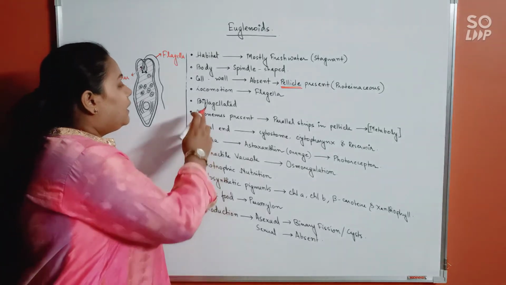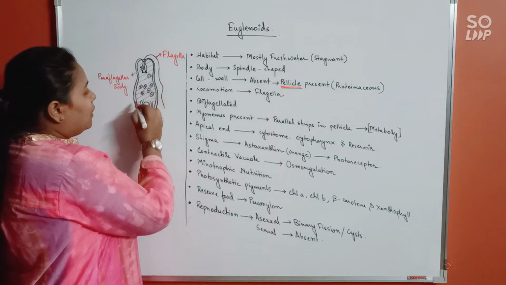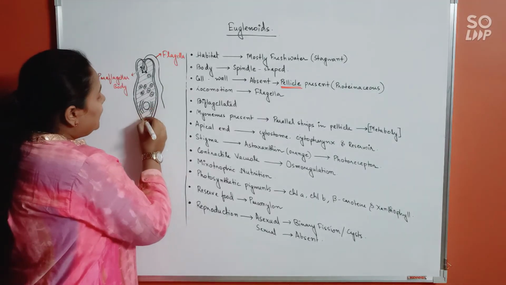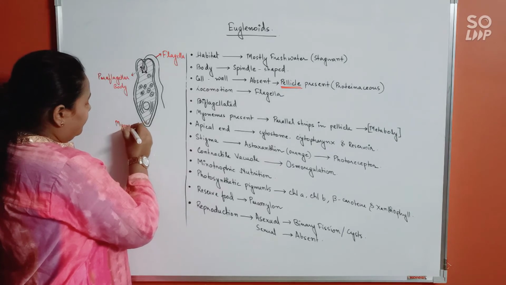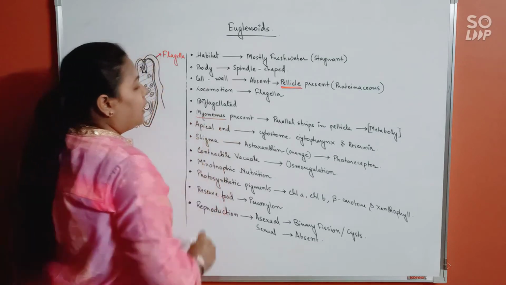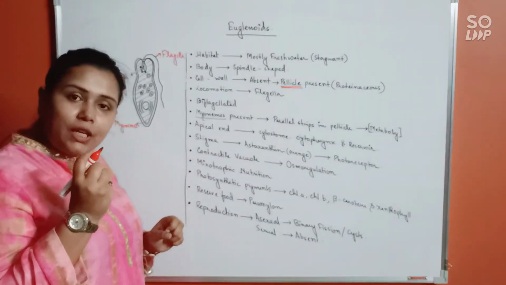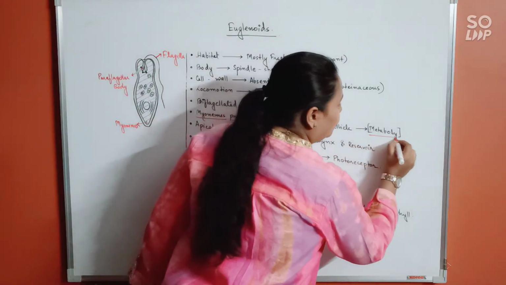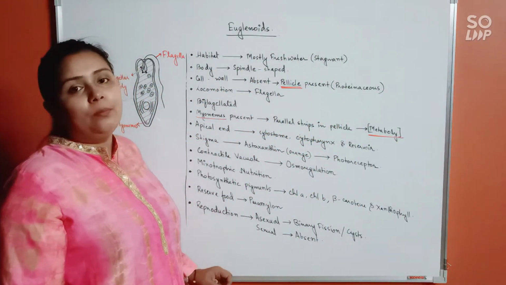Okay. Now, see, in the entire cell, from the pellicle, certain kind of strips, parallel strips have come out, isn't it? These parallel strips you can see, these are known as myonemes. Myonemes are present. These myonemes will allow the entire cell to have a contraction and expansion type of movement. This contraction and expansion type of movement is called metaboly or euglenoid movement.